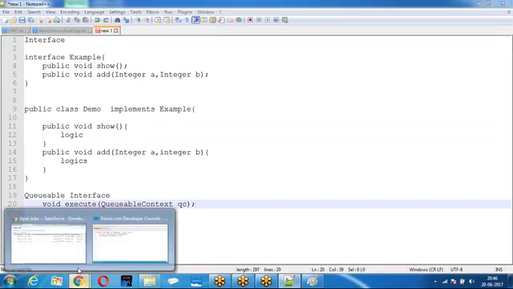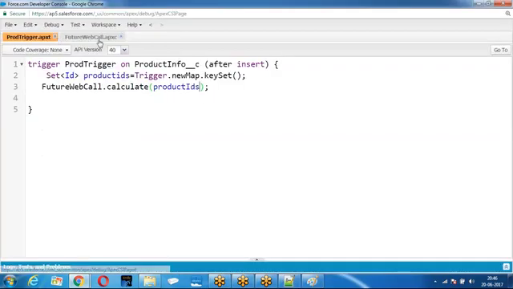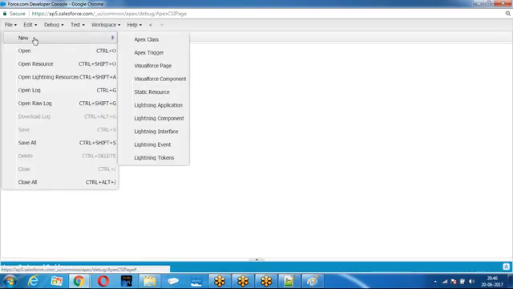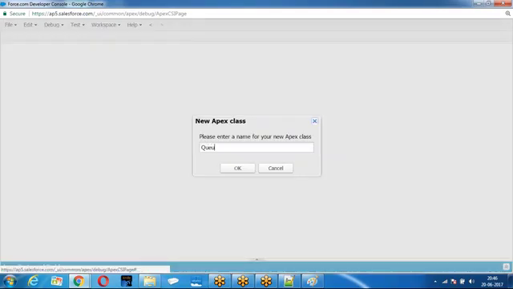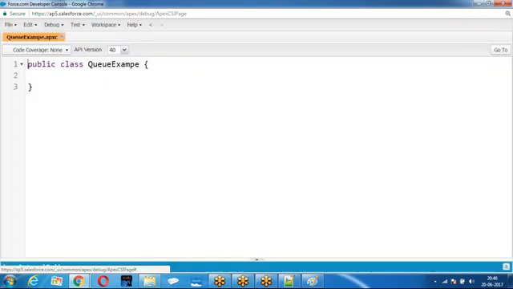Now, how to define a class as a Queueable class? Let us see the example, then we see plus and minus. Class implements Queueable interface.